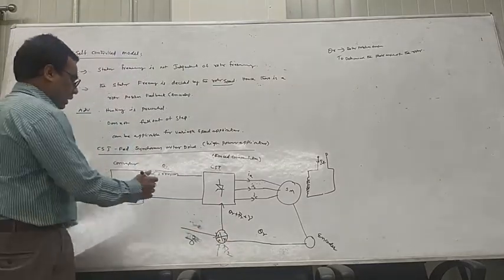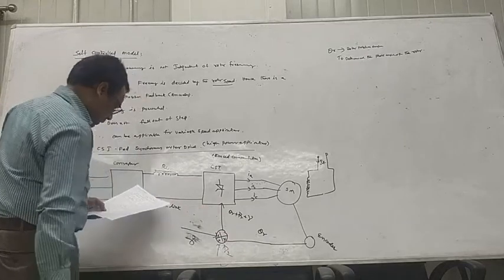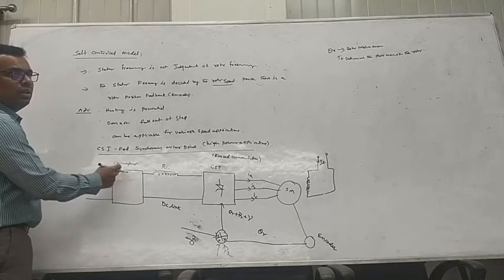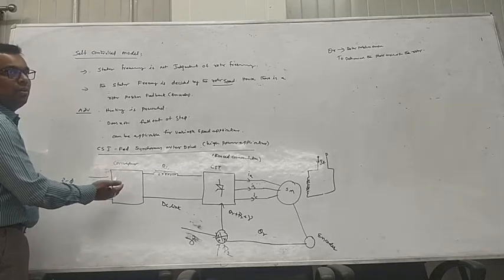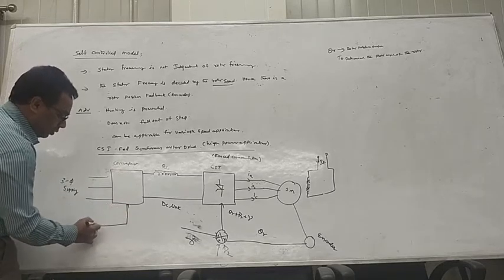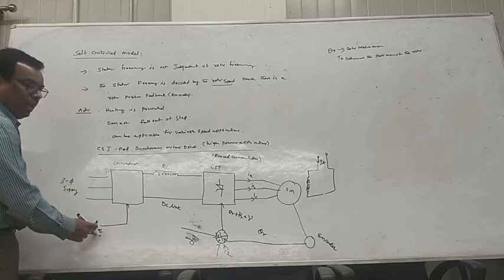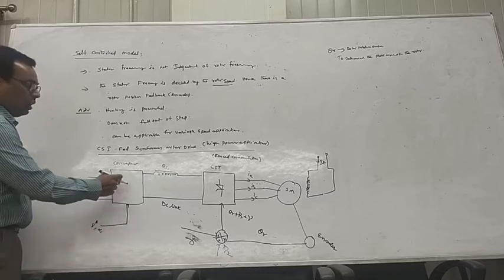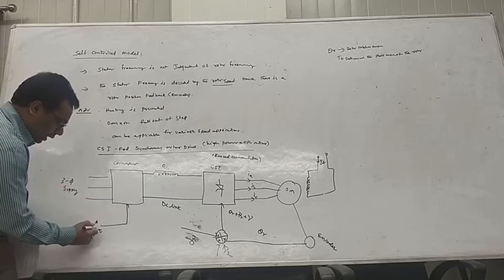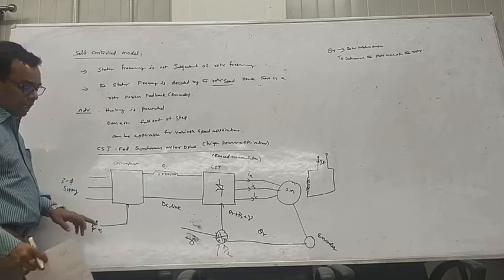This is the DC link. The converter is a phase control rectifier, and here both voltage and firing angle matter. When you control the firing angle, the voltage is thereby controlled. The rectifier controlled voltage VR star and alpha are going here.